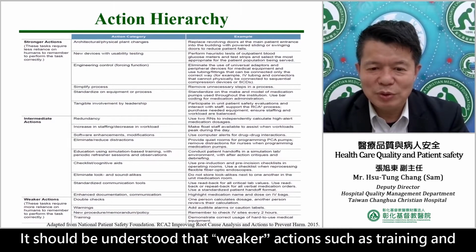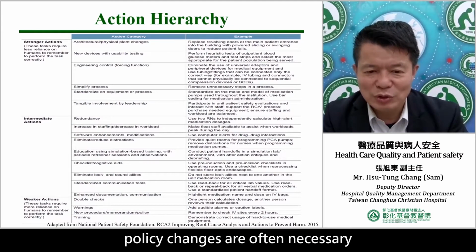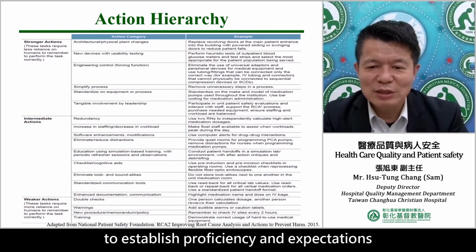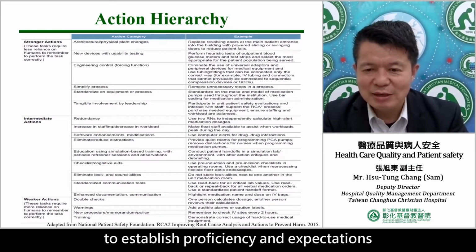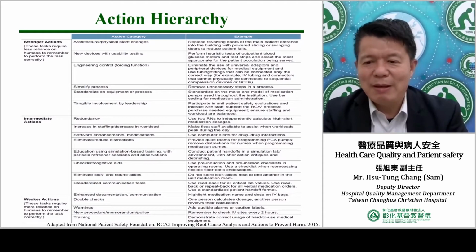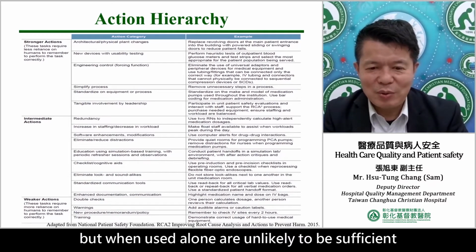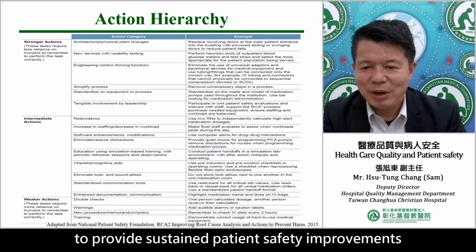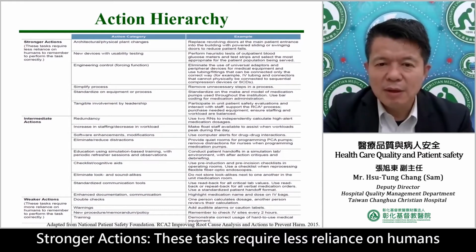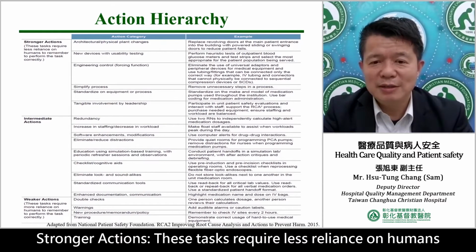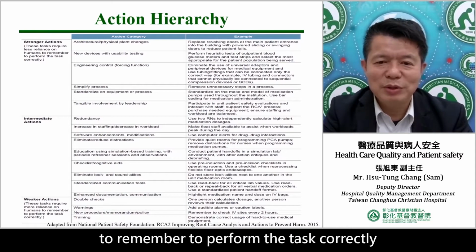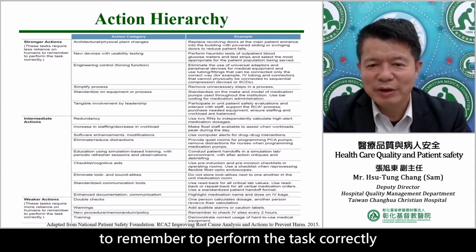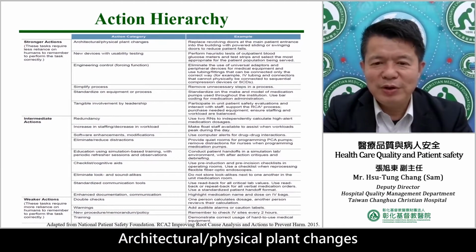It should be understood that weaker actions such as training and policy changes are often necessary to establish proficiency and expectations, but when used alone are unlikely to be sufficient to provide sustained patient safety improvement. Stronger actions are those tasks that require less reliance on humans to remember to perform the task correctly. Architectural and physical plant changes: